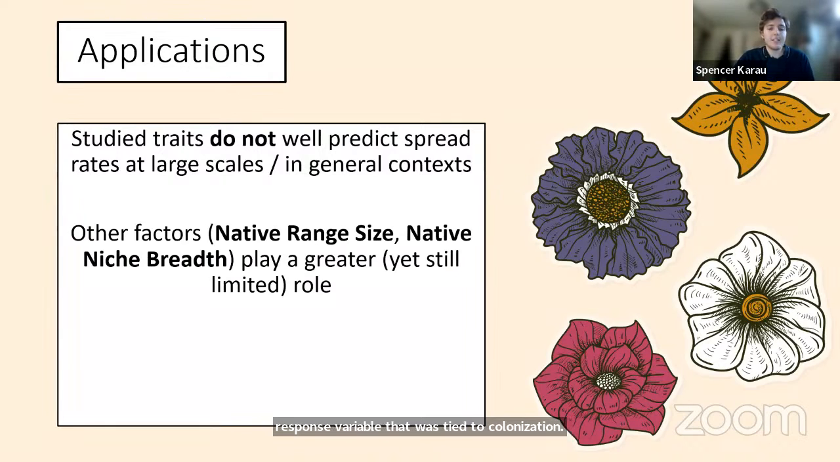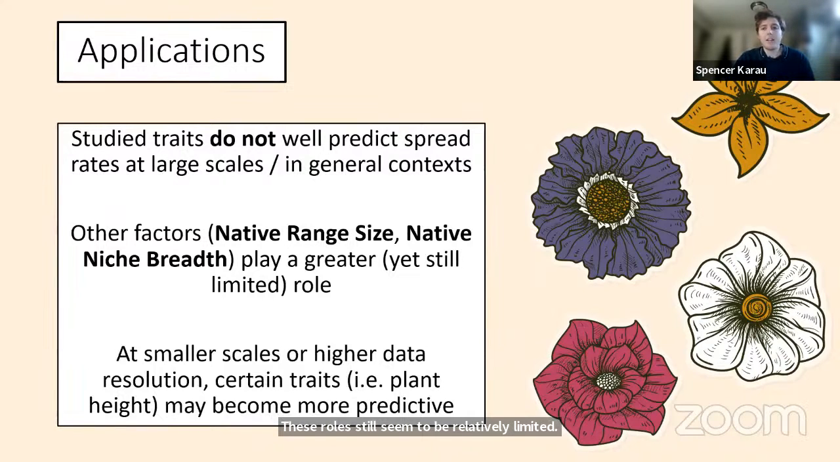The other factors in our analysis, like native range size and native niche breadth, seem to play a greater role, but as we saw with our adjusted R-squared values, these roles still seem to be relatively limited. So all this, along with information in the literature, seems to suggest that perhaps at smaller scales or when we